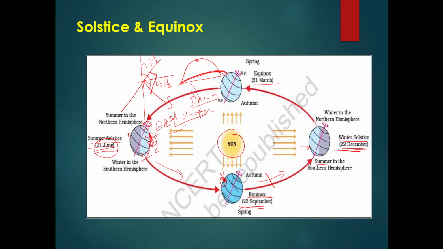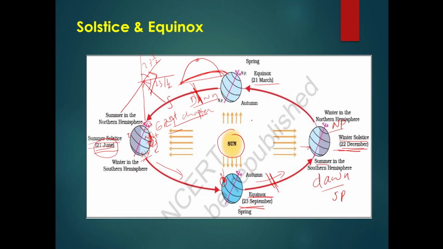And now the south pole will remain in light for 6 months. So kind of dawn at all times at the south pole, sorry, and night at the north pole. So from this position to this position, there will be 6 months of continuous daytime on the south pole and continuous night on the north pole.